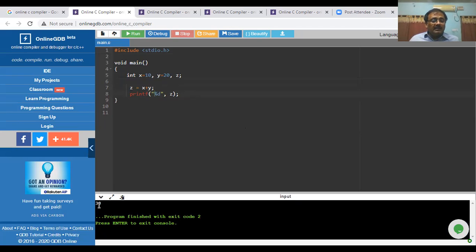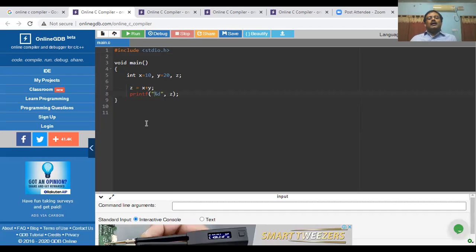Then what is this 30? To make it clear what actually the result stands for, I have to write something as a prompt indicating what the result stands for. So, z = %d.